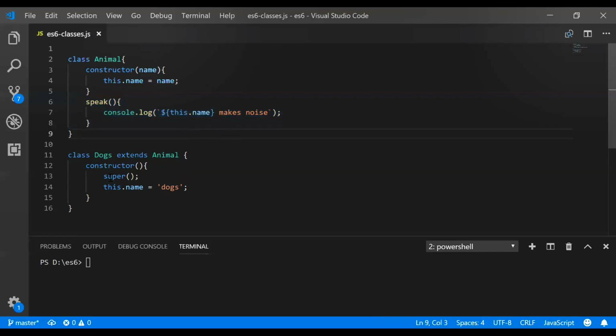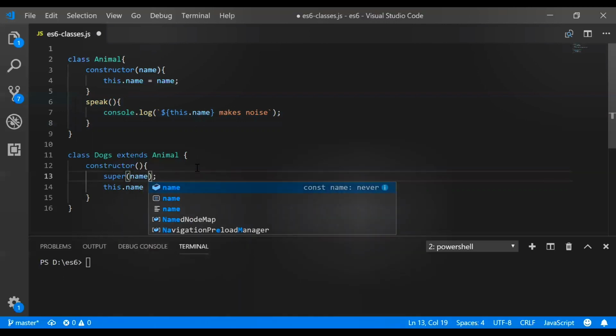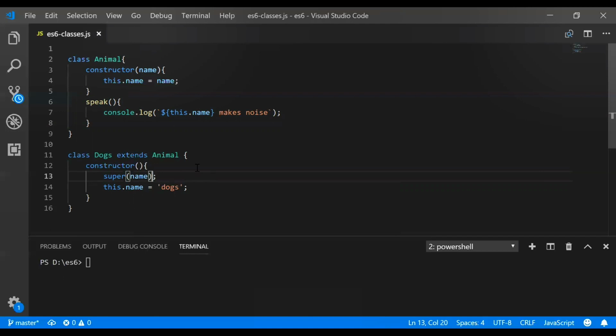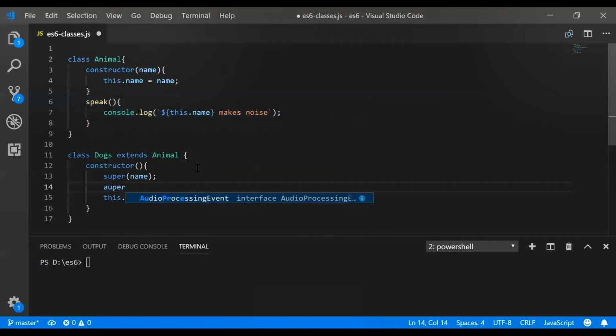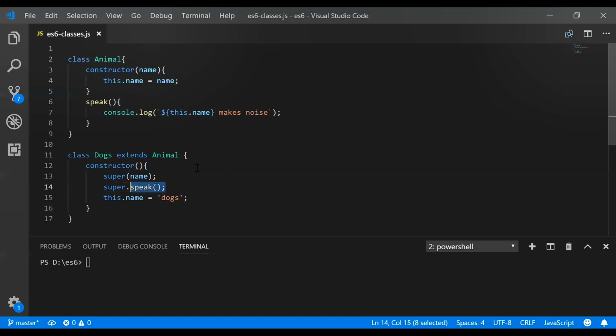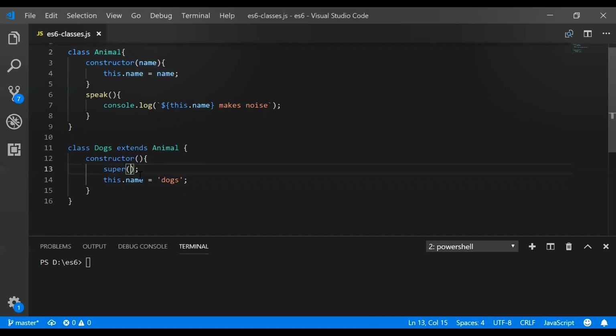For example, if you want to access some particular property inside this, like name, you will write super name. So this is accessing the name. But if you want to access some method, then you have to mention super dot that method name. So for a variable, you can mention it inside the super, and for a method, you have to call it using dot. Now we are not going to use it because we are extracting all the properties. That means we are not passing anything, so it will extract all the properties.